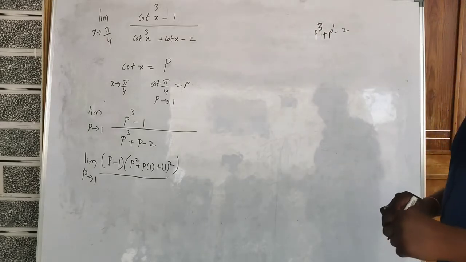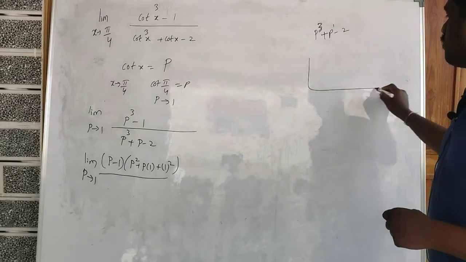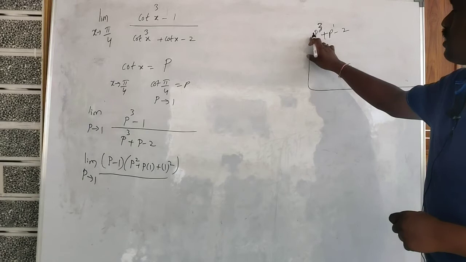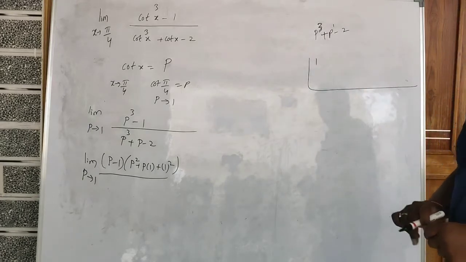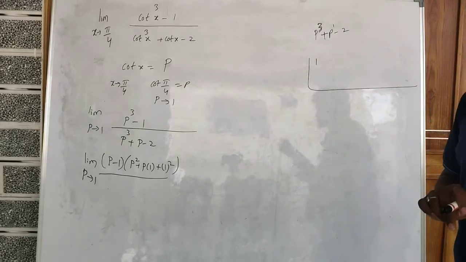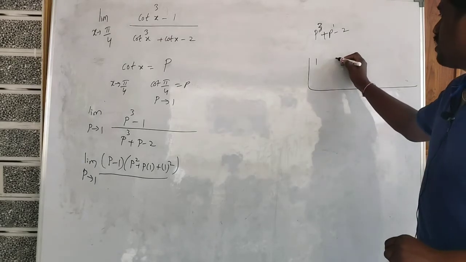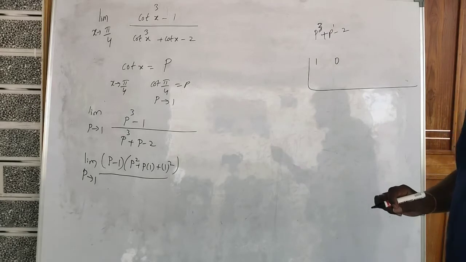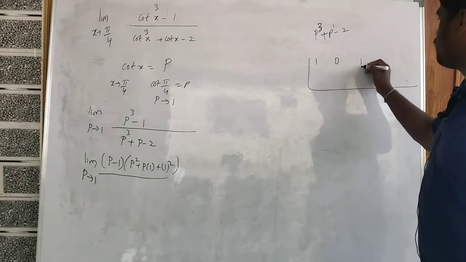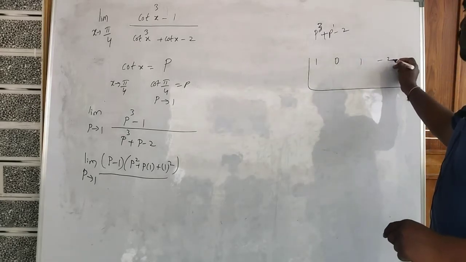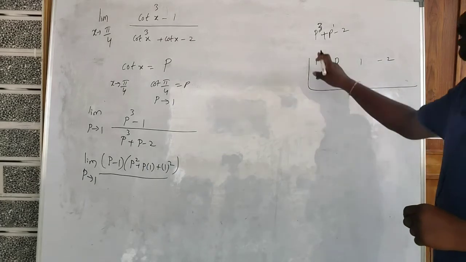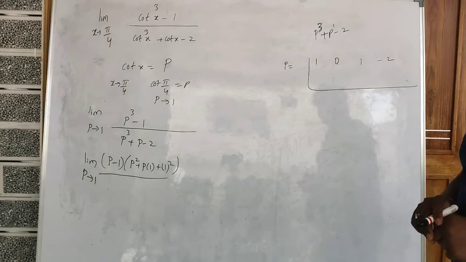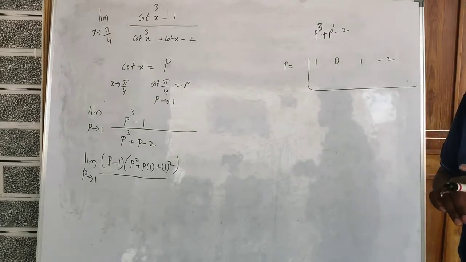Second degree is missing. So first you write down in this method the third degree coefficient, that is 1, meaning p cube coefficient is 1. And the second degree, p square, is missing, so keep 0. And p power 1, that coefficient is 1, and the constant is minus 2. Now I have to find the solutions for this p factors. So it is called the hit and trial method.